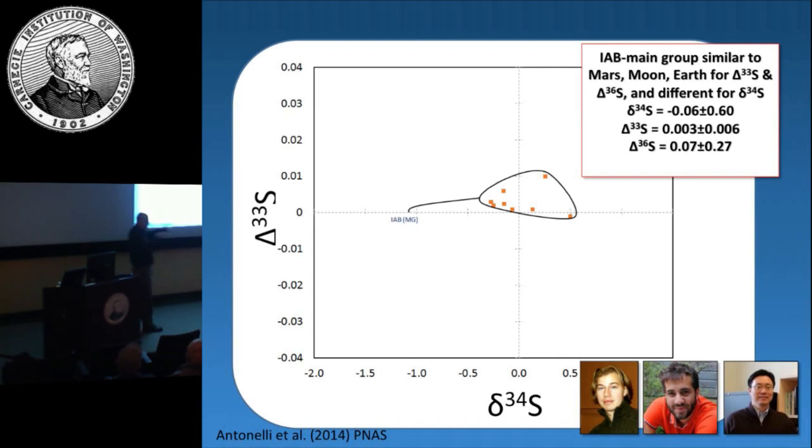Now, if they come from the same pot of metal and sulfur, and you're standardizing to one of the members, you would expect them to be very close to this value. But they also are very, very close to what we find for the Earth, Moon, and Mars. Okay, so on the basis of these things, you think, okay, what about the other iron meteorites?